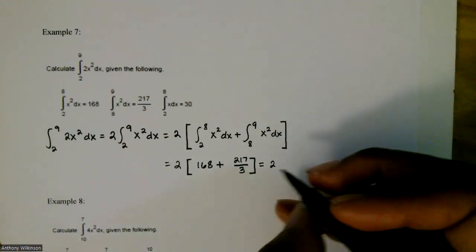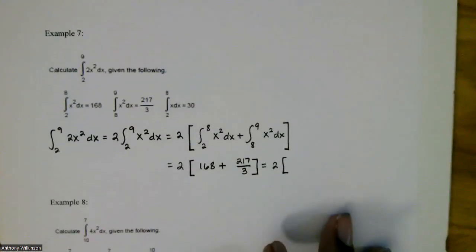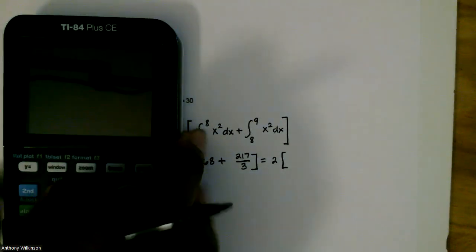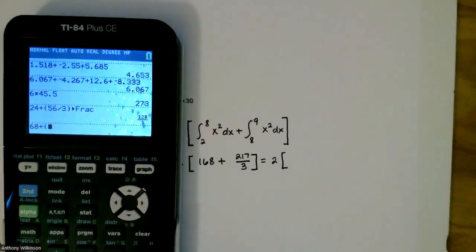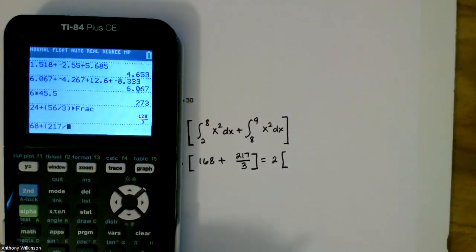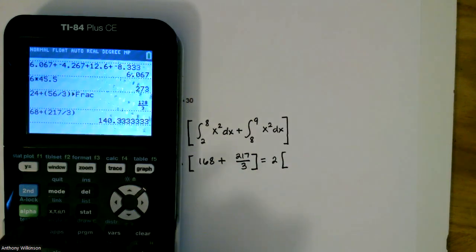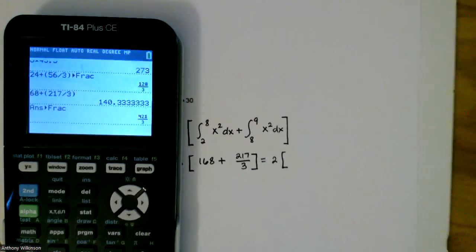So here I got 2 times, and I'm going to add 168 plus 217 over 3. So here I got 168 plus, and in parentheses, 217 divided by 3. Close parentheses. That's a decimal, but I want that as a fraction. So if I press the math key and then select number 1, for the fraction will be